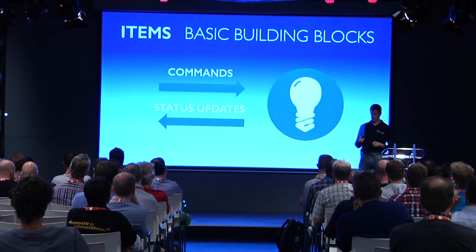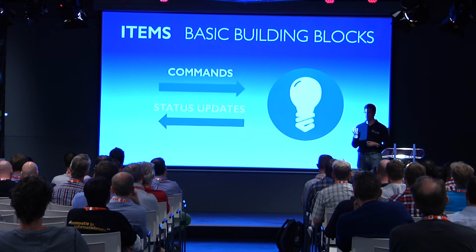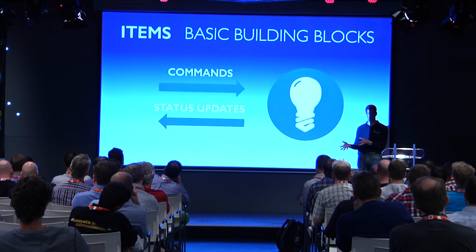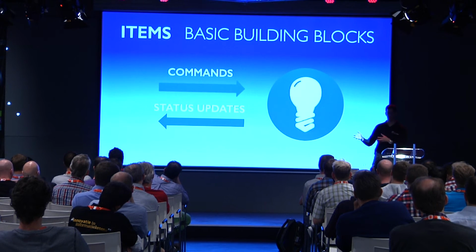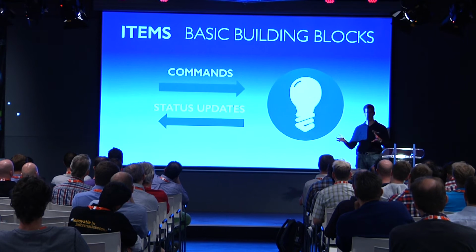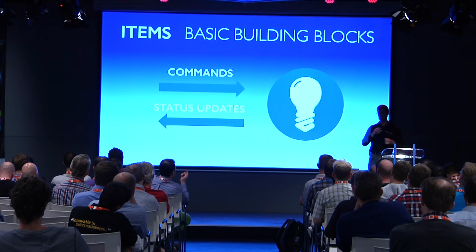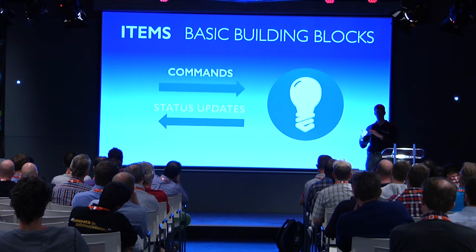And so you usually have multiple items per physical device in the end, because you could think of modeling a radio, for example. So you would say, well, it is actually something where you can switch it on and off, or you would have a functionality to control the volume and another functionality to select the playing station, for example.